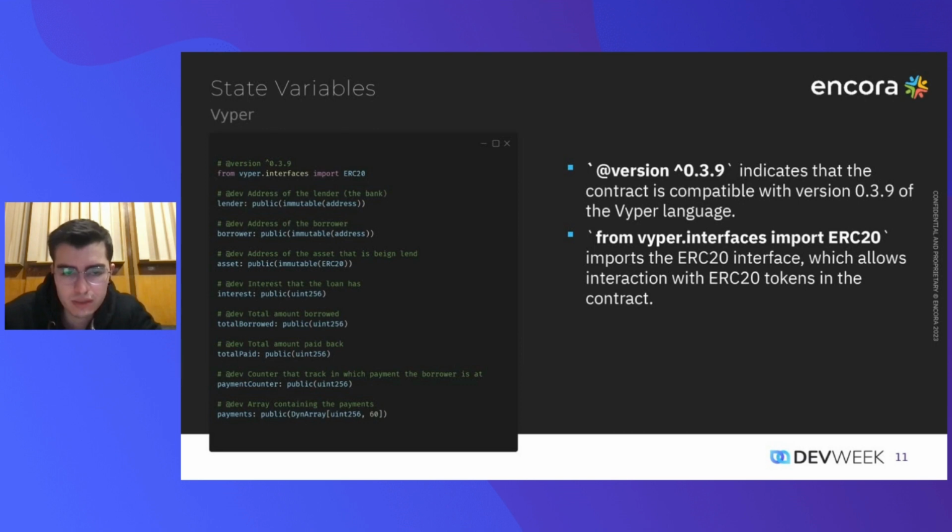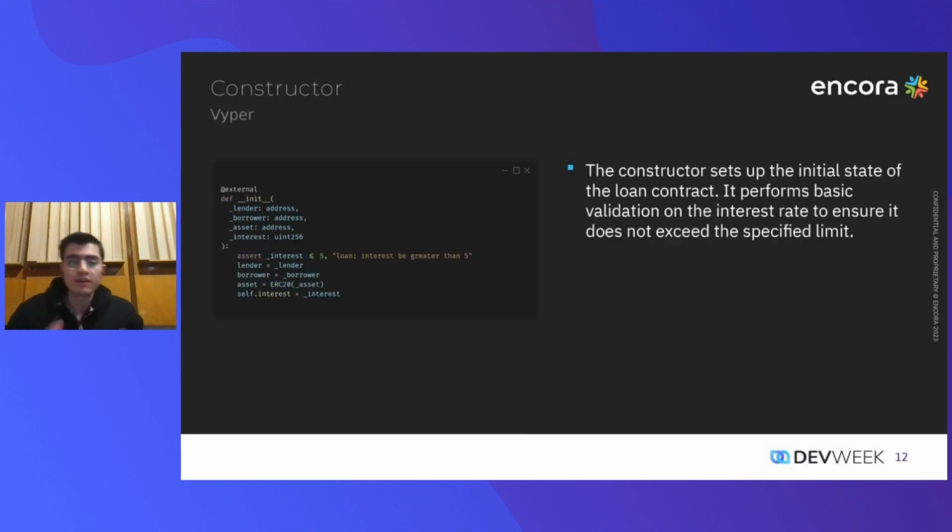So that's really cool. We define the constructor and provide the lender, the borrower, the asset. All of those are immutable state variables, and we also define the interest that is immutable, so we can't change it later.